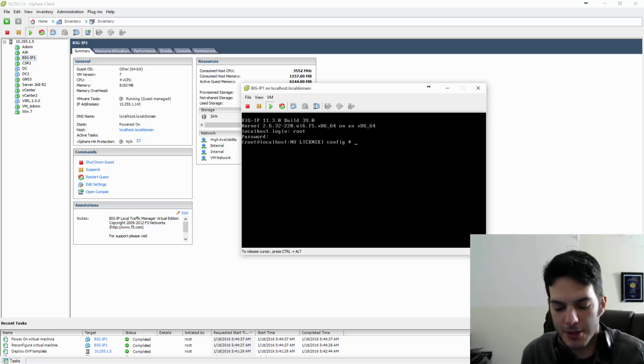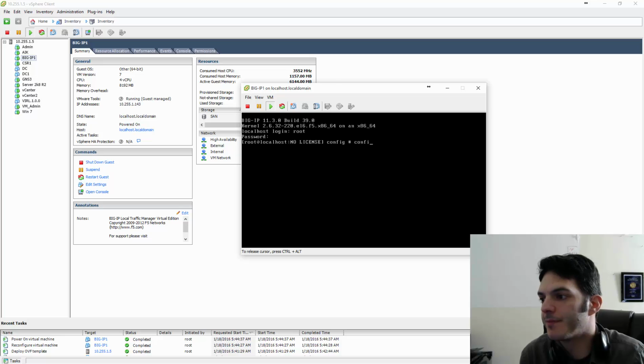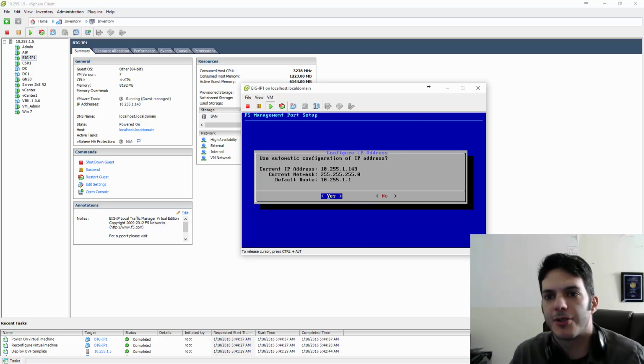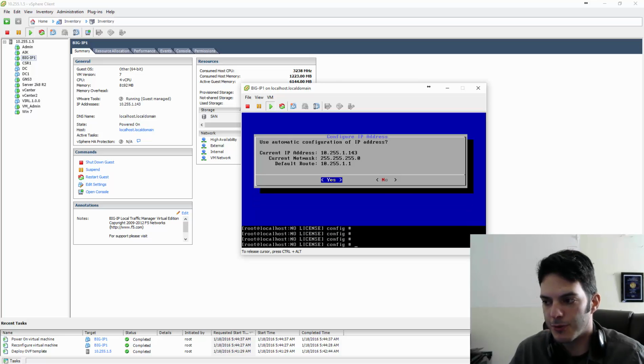We're going to be at the screen now, and then we're going to type in config, and there we go. So we're going to click on OK. And I've got the IP address of 143. I'm going to click yes. And basically what we're going to be able to do now is pull up a web browser to that IP address and log in. So we're going to say Control Alt out of that, minimize this guy,